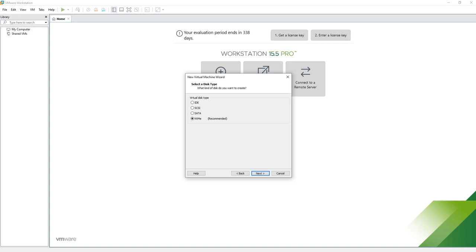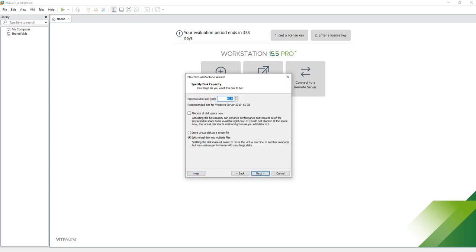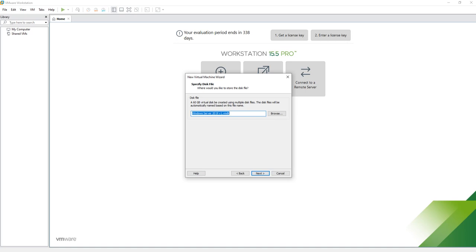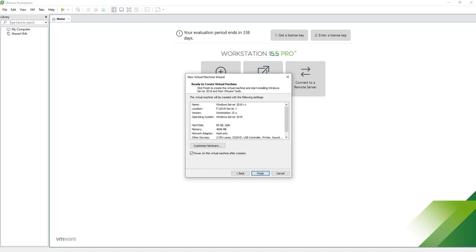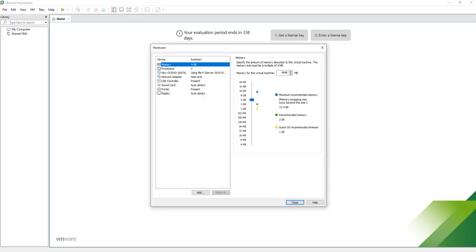Next, it picks whichever hard drive you've got in your machine. I've got an NVMe drive, so you probably have SATA or the same as me, but let it pick the default, the recommended. That's fine. It may not be that one for you. Next, I haven't got any previously configured disks, so I'm going to create a new one. Next. I'm going to accept the default, we can change these sizes at any time. That's the default name of the file, I'll accept that. And I'll click next. One thing, you can get an error, which perhaps I'll show later, but you can click customize hardware